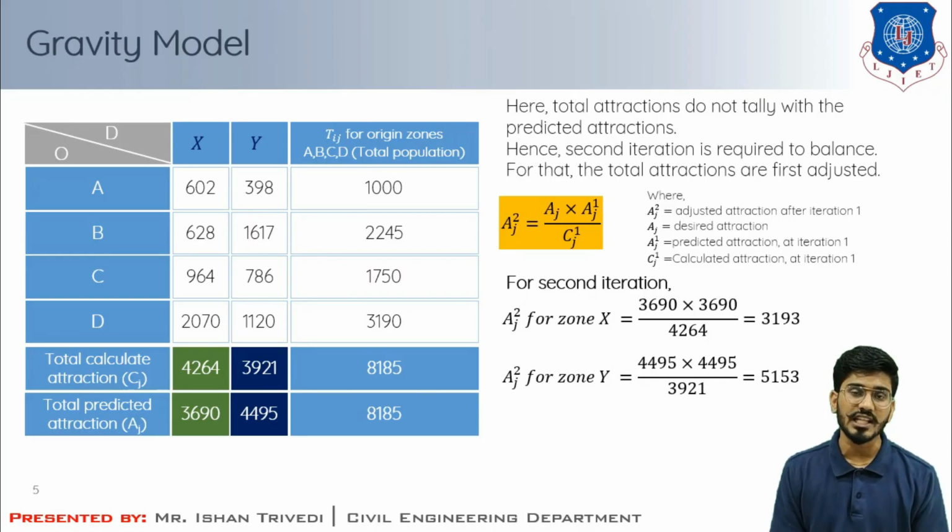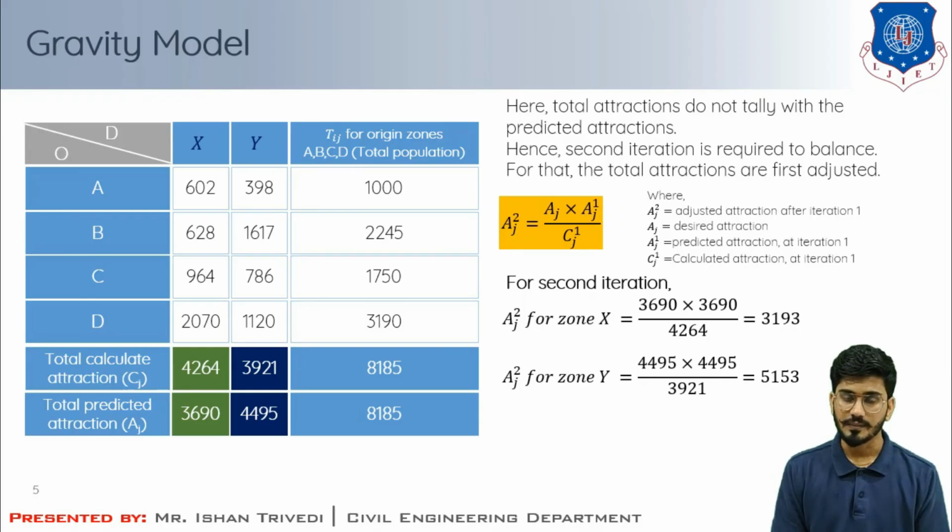So I'm not going to change that value. I'm not going to change the value of total person trips produced from zones A, B, C and D. Those production values, 1000, 2245, 1750 and 3190, will remain the same. Here the change is that the adjustment of attraction has been done, and I'm just going to compute the second iteration